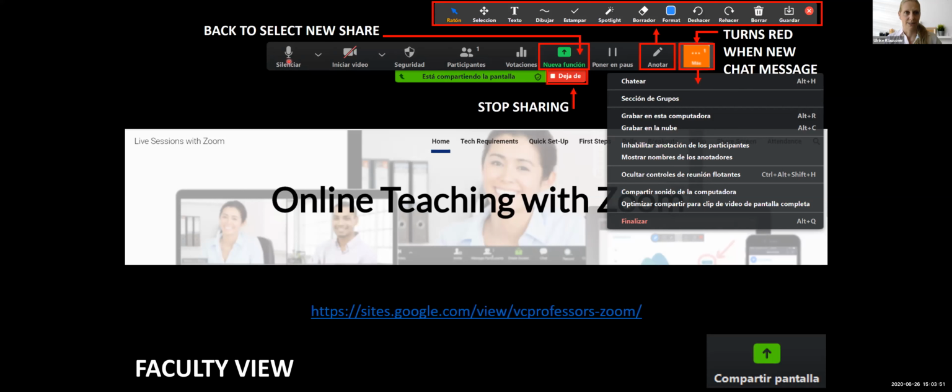Now this is an example of the menu at the top. You can see here an indication, a warning, that you're sharing your screen. Right next to it, you have the option to stop the screen share. And here at the top, the button changed its name. Now it's not screen sharing anymore, but it is called a new share. I think in English it's a new share. And that allows you to click on,